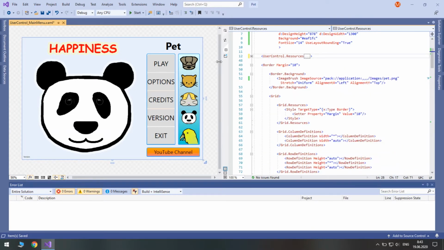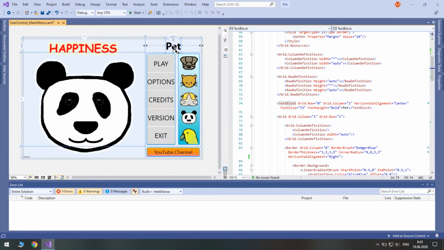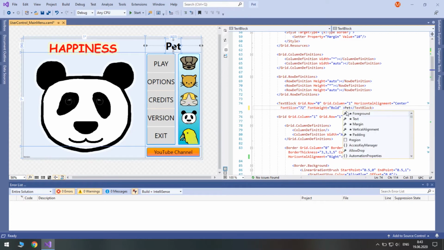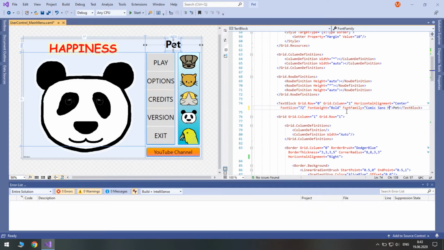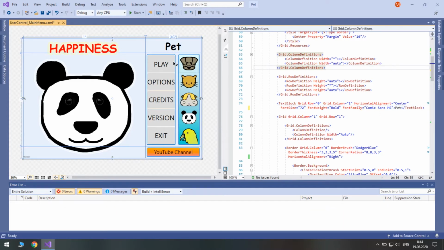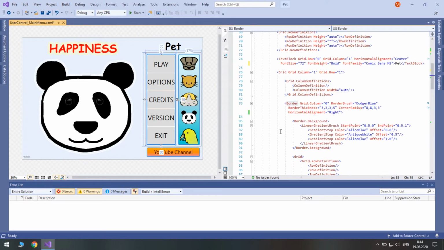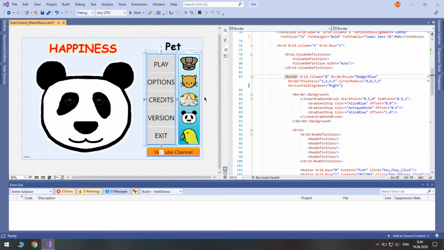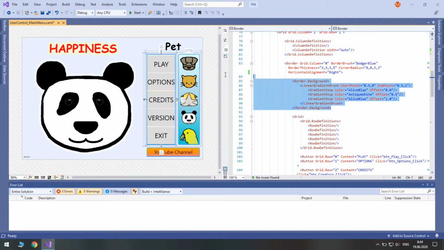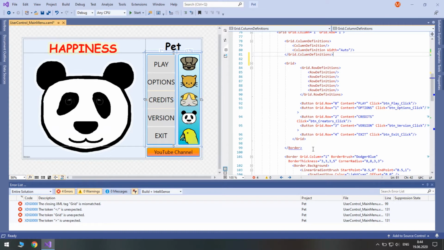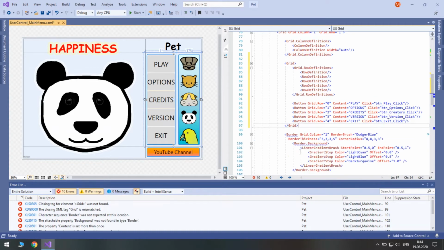Let's use a different font family for the pet title. So let's use Comic Sans. So font family Comic Sans MS. Let's remove the border from the left grid. So we need to remove the border and its background, and remove the closing tag.